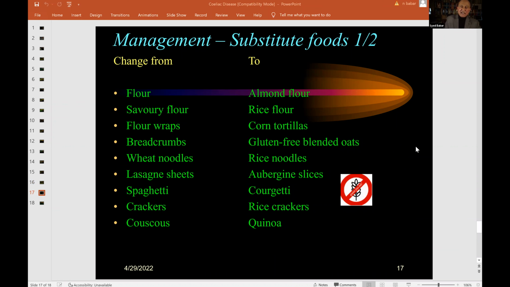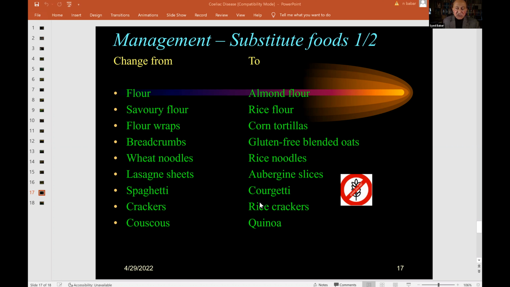So, checking food items, which mainly the community pharmacist or dietitian does much better, one should encourage patients to contact the Coeliac UK to get details of various food items that patients should avoid and their substitutes, such as wheat flour should be changed to almond flour, savory flour to rice flour, flour wraps, as is common now in young people, to corn tortillas, breadcrumbs in various settings to gluten-free blended oats, wheat noodles changed to rice noodles, lasagna sheets changed to aubergine slices,